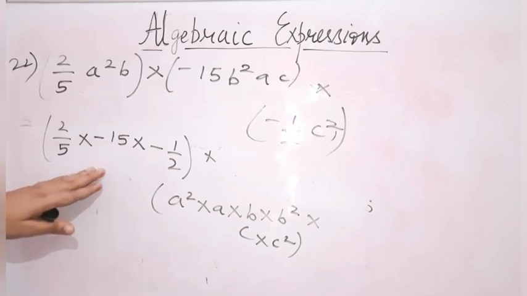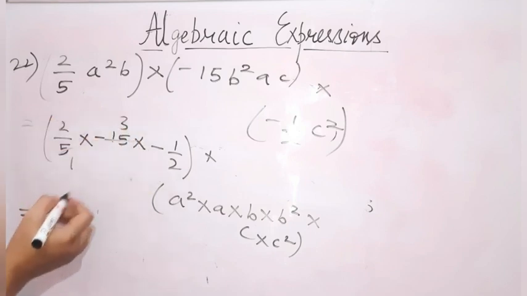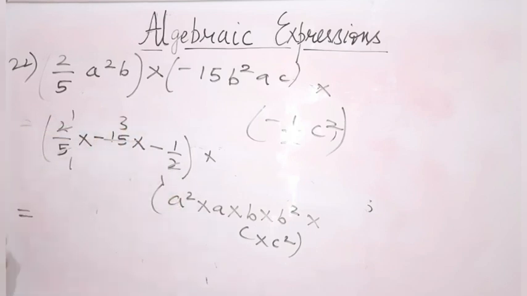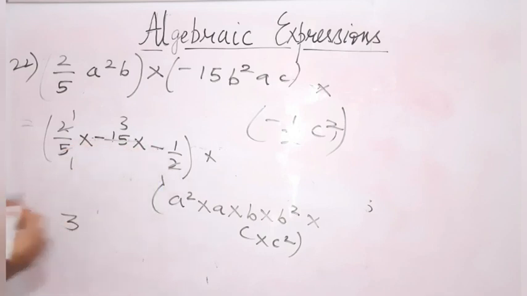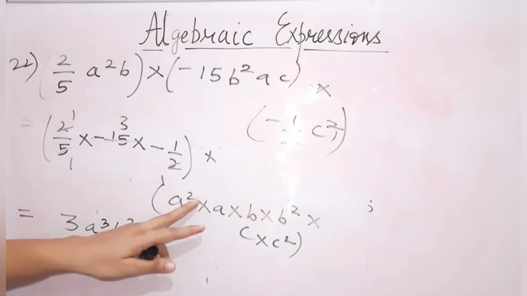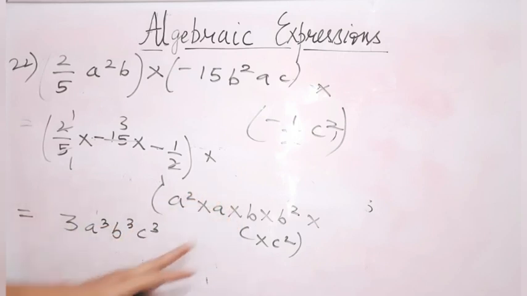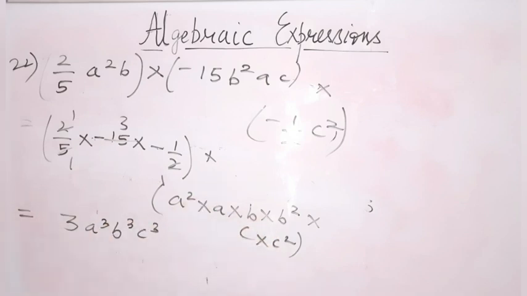Now we have multiplied all the coefficients together. Now we have to check that anything can be reduced here or not. So 5 ones are 5, 5 threes are 15. 2 ones are 2, 2 ones are 2. So what is left? Only 3 is left, and this minus minus is going to become plus. So 3, A to the power of 3, B to the power of 3 and C to the power of 3. Why A to the power of 3? Because A square, A 1, 2 plus 1 is 3, B 1 plus 2, 3, C 1 plus 2, 3. Anything which is not having any power in literal factors, we have to consider by default 1 as their power.